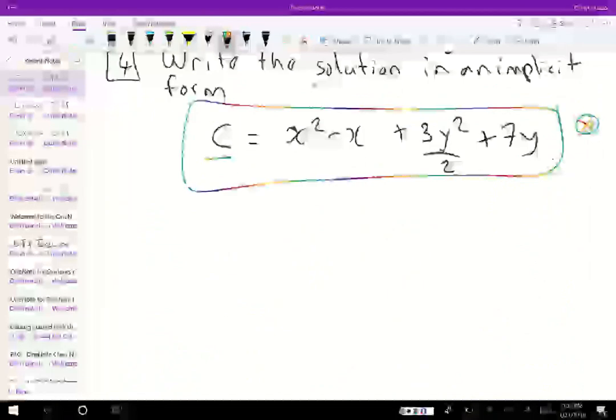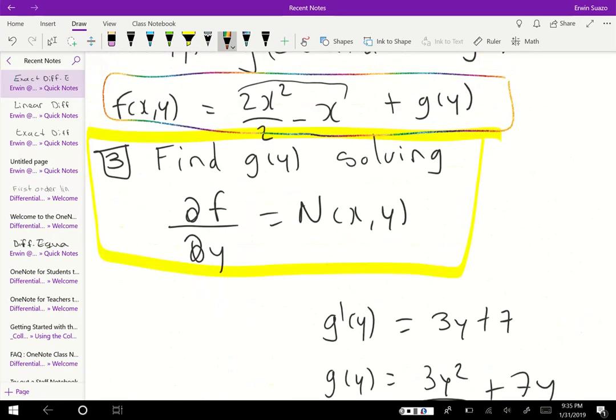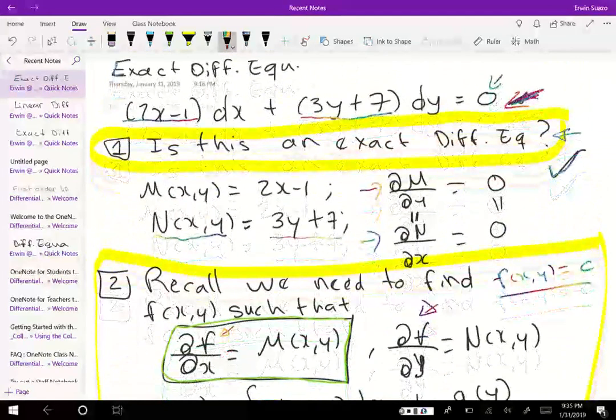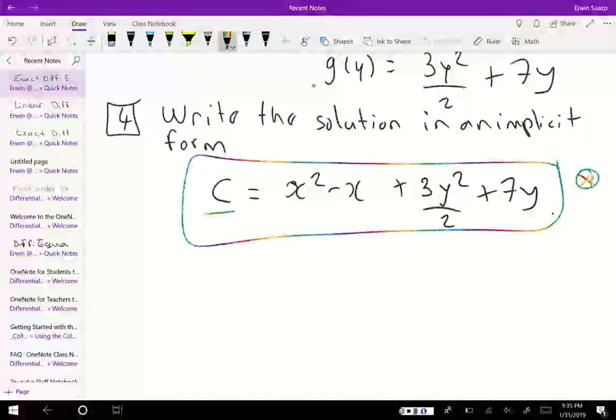Now over here, my derivative with respect to y has to give me N of xy. So in that case, it will be 3y plus 7. And look at this, only 3y plus 7, because the derivative with respect to y of this is 0, so